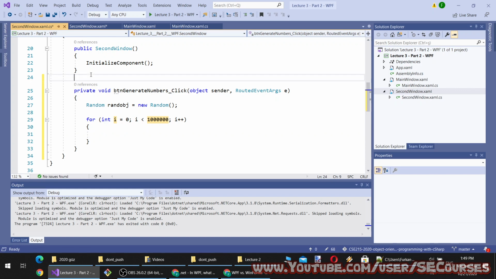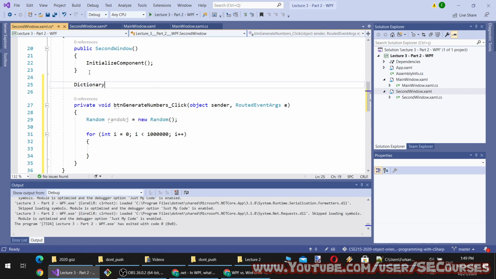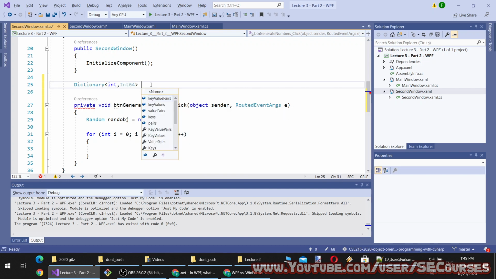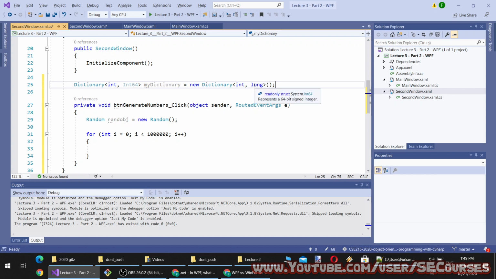And I'm going to compose a dictionary. The dictionary will have keys and values. So the keys will be integer and the values will be Int64. Okay. I have to initialize it like this. You see long and Int64 are equal. They mean the same thing, as you can see.